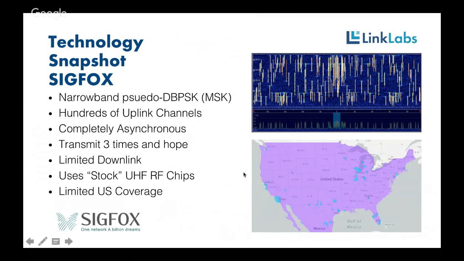But here in the US, I think the biggest limitation is the coverage. I took this screenshot earlier today on the Sigfox website, so you can see that the number of cities and areas that are covered, which are shown in this aqua color, are relatively limited. So if you're trying to sell a tracking device that's supposed to work everywhere in the country, certainly Sigfox isn't the one for you. But if Abilene, Texas taxi tracking is your application, then deploying where Sigfox has coverage could be a great option.